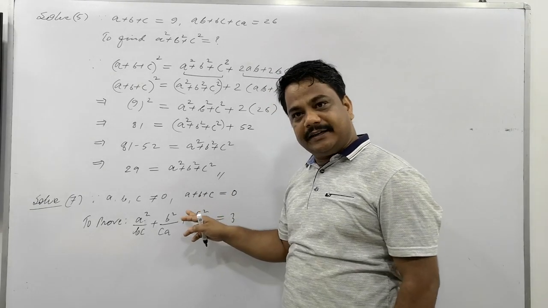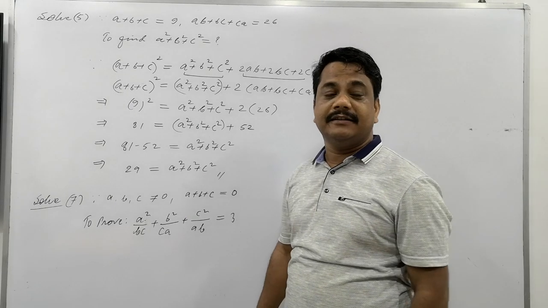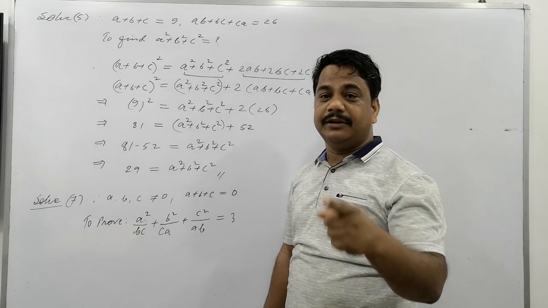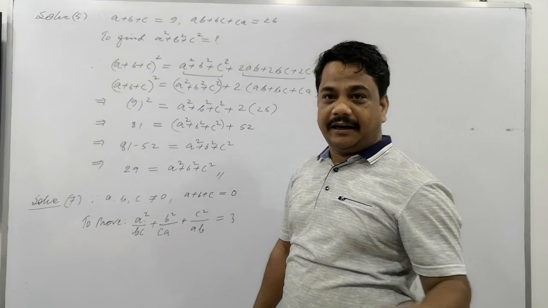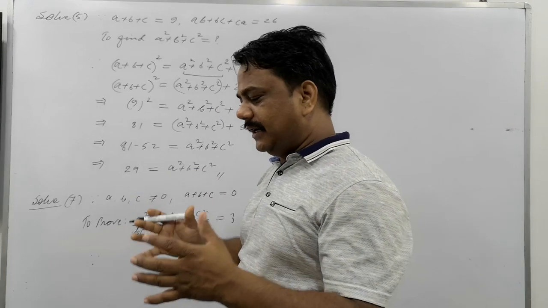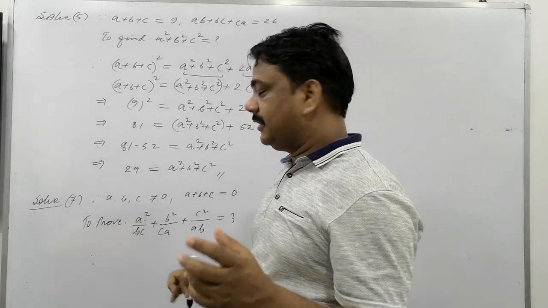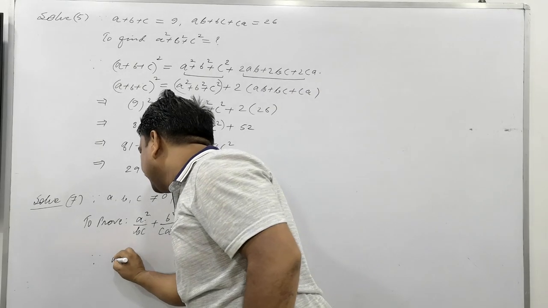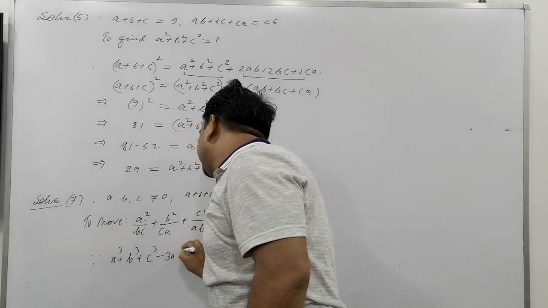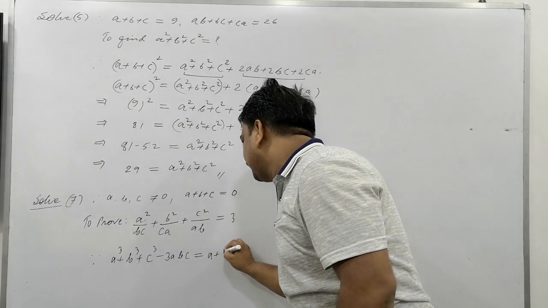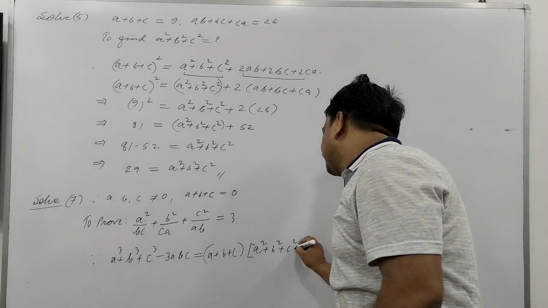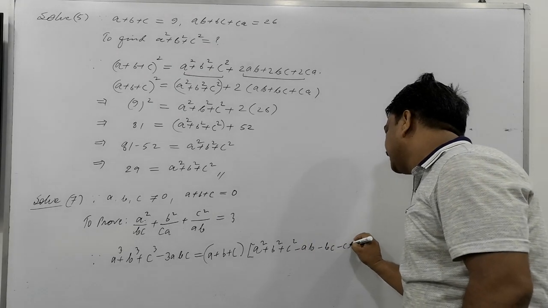So the concept we have already studied here. a plus b plus c equals 0 means what identity works in this situation? Yes, the cubic identity. I told you the identity of the chapter. And what the identity was, just recall it. I'm telling this, okay, but at the time of solving the question, it is not to be written directly; I'm telling how the pattern is to be matched. Is this a cube plus b cube plus c cube minus 3abc, and the identity is a plus b plus c times a square plus b square plus c square minus ab minus bc minus ca.